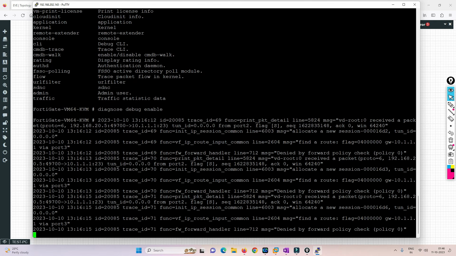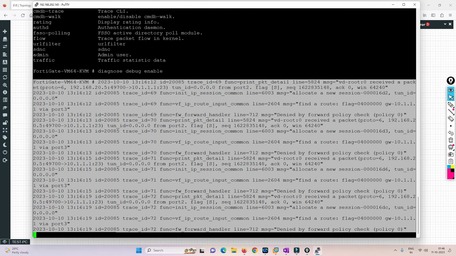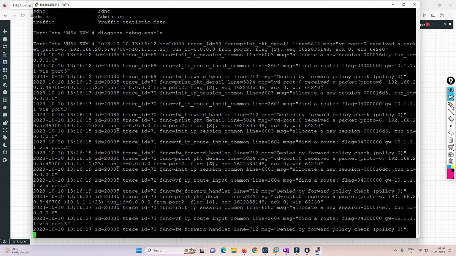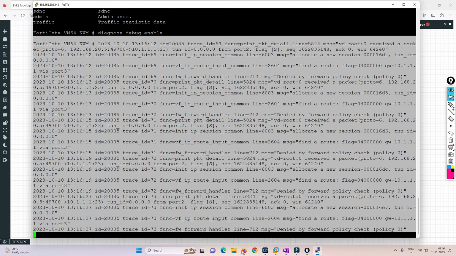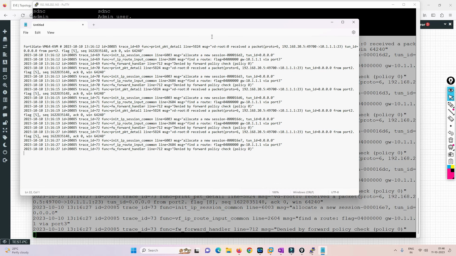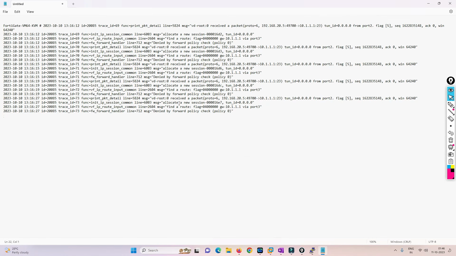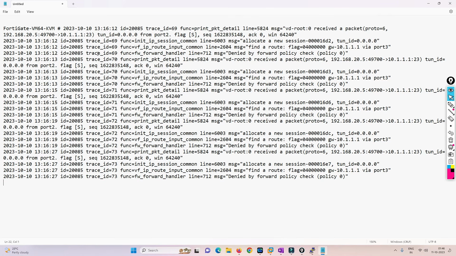Okay, now you guys can see there are a few logs coming in. Okay, if you try to read these logs, and if I copy this and open a notepad basically, so maybe I'll just enlarge this. Okay, now from 20 it is going from port 2, it's a send traffic, its sequence number is this, allocated a new session,